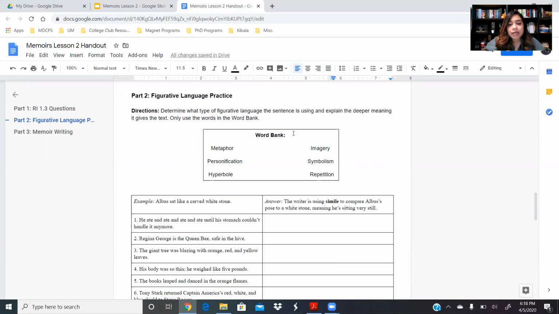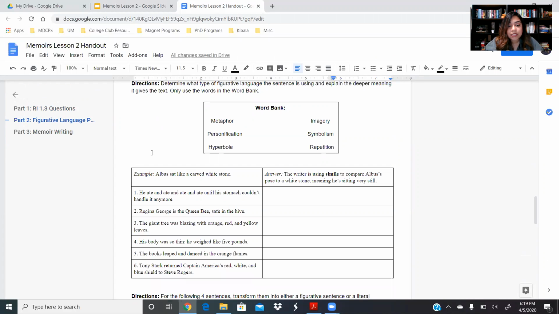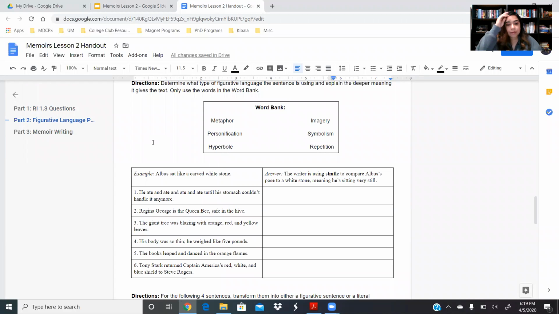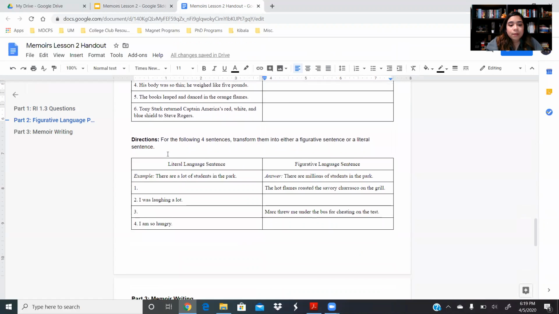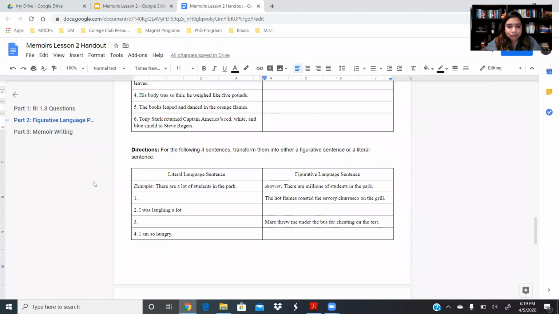So we have the word bank here, and our options are metaphor, personification, hyperbole, imagery, symbolism, and repetition. They will only be used once. They will not be repeated. You only need to use these 6 words to answer these 6 questions, okay? And so I started off with an example here, and I'm going to go over it in a second. And then part two of that activity